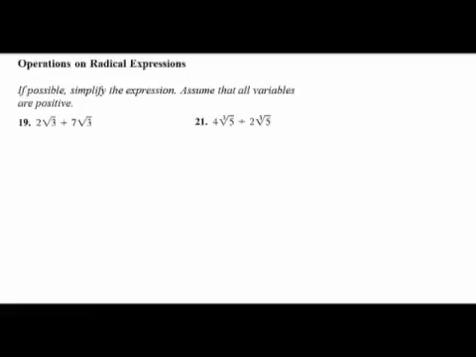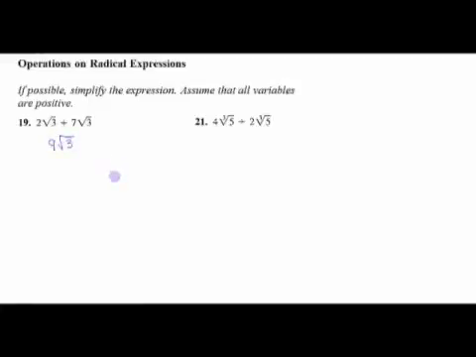In this lesson, we'll be adding, subtracting, multiplying, and dividing radical expressions. If possible, simplify the expression. Assume that all variables are positive. 2 square roots of 3 plus 7 square roots of 3. You can add these radicals, since they're like radicals, the same way as we would add something like 2x plus 7x. So what we have is 2 of these radicals plus 7 more of those radicals gives us 9 of